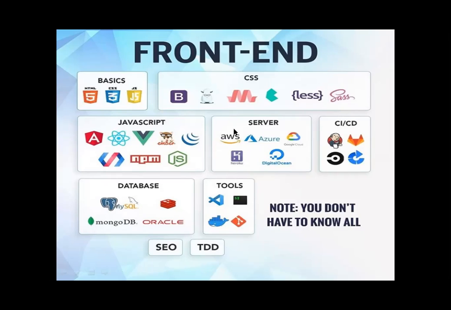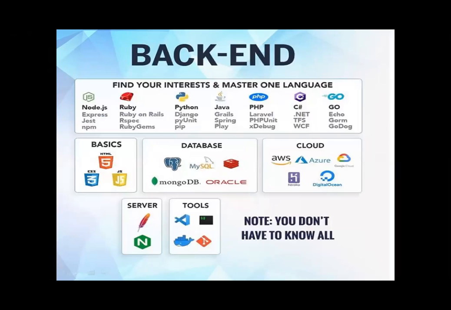And then you need to upload your websites on servers, as I mentioned before. The most famous servers are AWS, Google servers. AWS stands for Amazon Web Services. And then there is Azure, there is Heroku, there is this DigitalOcean company which provides web hosting. Then there is the backend section of web development, which is related to Node.js, Ruby, Python, Java, PHP, C#. Then there is the Go programming language. In order to learn the backend part, again, you need to learn the basics, that is HTML, CSS, and JavaScript.